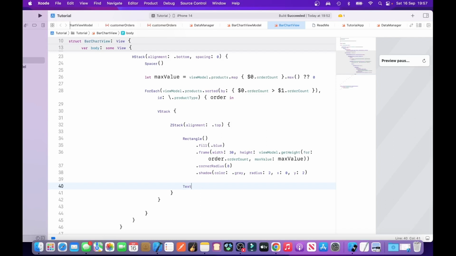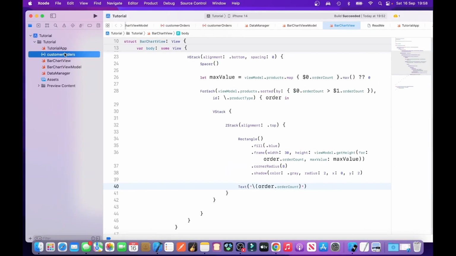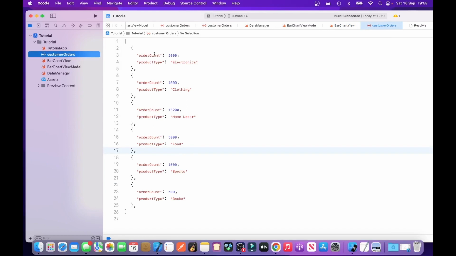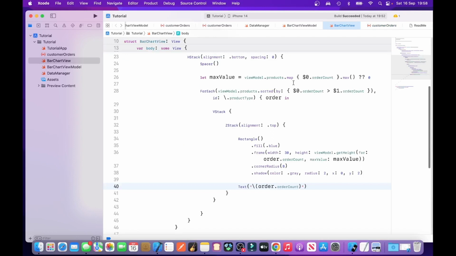So just type in text, order, the order count. This is the key value that is retrieved from the JSON that we done a few days ago. That's the order count, that's the property of the JSON, that's the key, and 2000 is the value. So we get the order count, and then